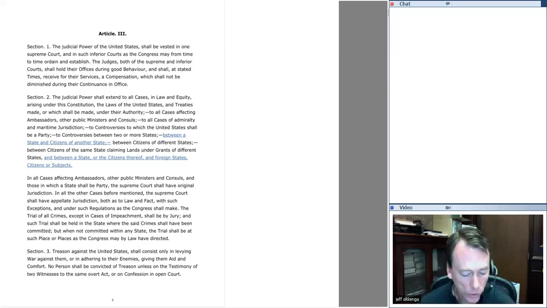So that's the first thing. Section 1, I think, lays out the notion that the court has an independent institutional status. That's something that John Marshall talks a lot about in Marbury versus Madison. He really thinks it's fundamentally important that we get that about the court, that it has an independent institutional status. And part of the decision in Marbury, I would argue, cannot be understood without realizing that Marshall's very deeply interested in trying to protect the court's independent institutional status, that it's given here in Section 1 of Article 3.